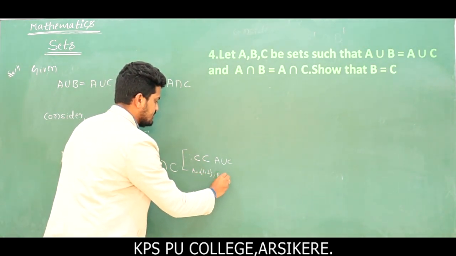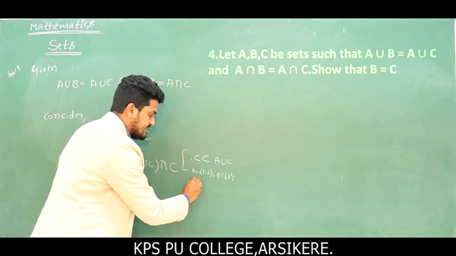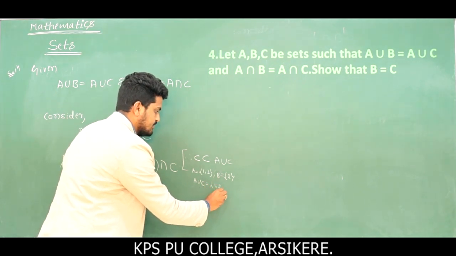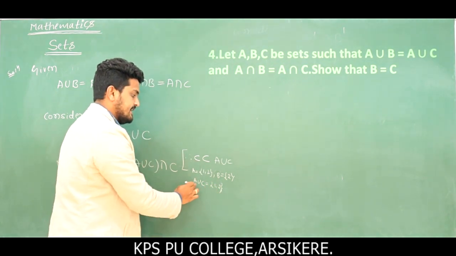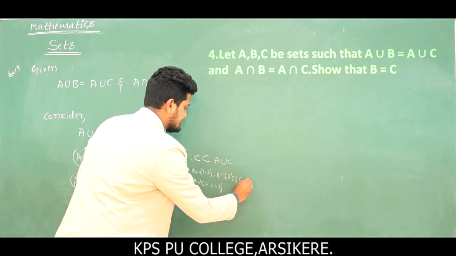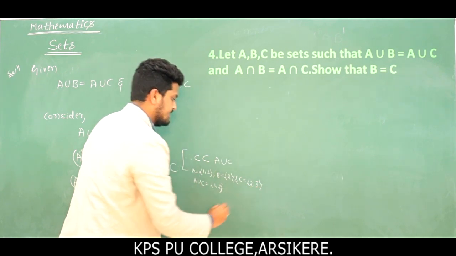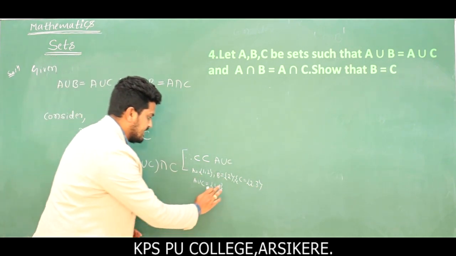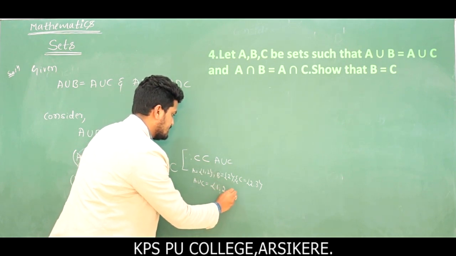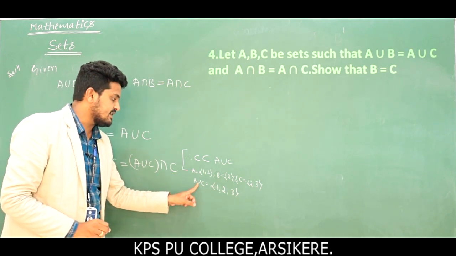set B is equal to 2. Okay, then what will A union C be? A union C is equal to 1, 2, that's it, right? Sorry, here take one more value, C is equal to 2, 3. So A union C is 1, 2, 3. So clearly we can say that A is a proper subset of A union C.